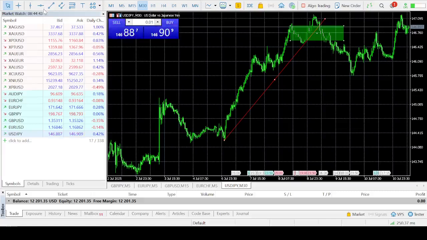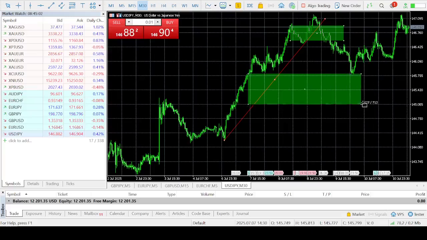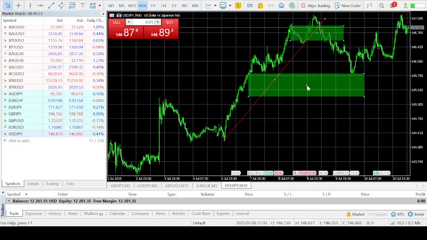Okay. So on the objects, if you scroll down, you will see some like shapes, lines, channels, Gann, Fibonacci, and the like. So if I click on the rectangle tool and draw any shape, the rectangle shape, and then right click on it, I will see properties. If I click on the properties, you can see it brought me